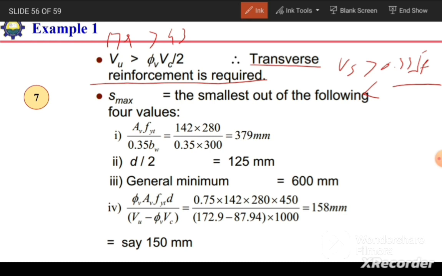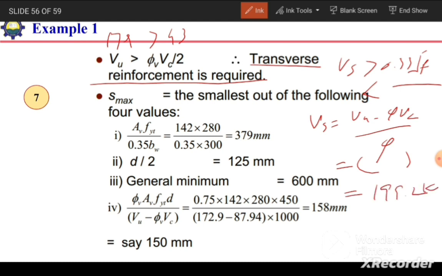So we can calculate Vs value by (Vu minus phi Vc) divided by phi, and then we can also calculate this 0.33 square root Fc prime BW, which we have already calculated, which was I think 199.2 kilonewton, and we need to compare this Vs with this factor. We have not calculated it over here, but it is less than this value 199.2 kilonewton. So as this Vs is less than this 0.33 square root Fc prime,